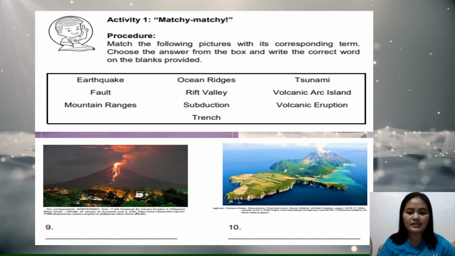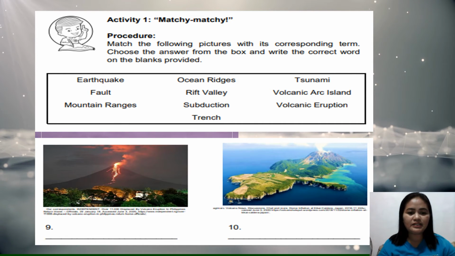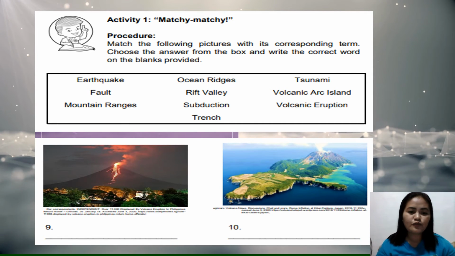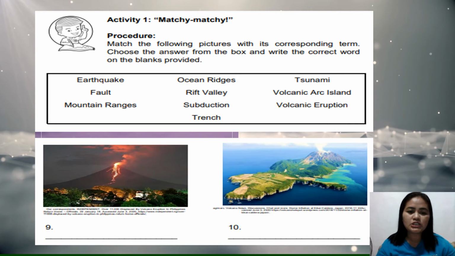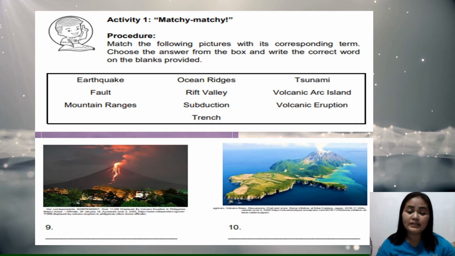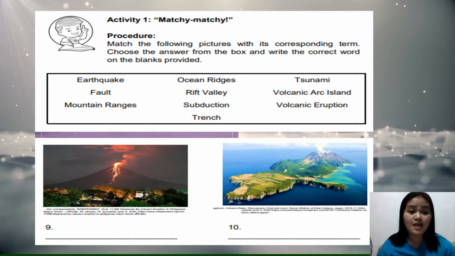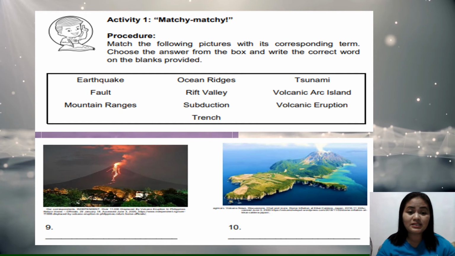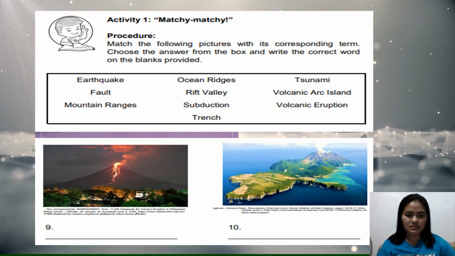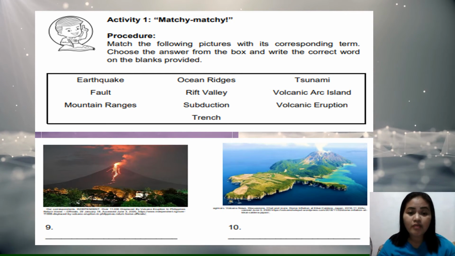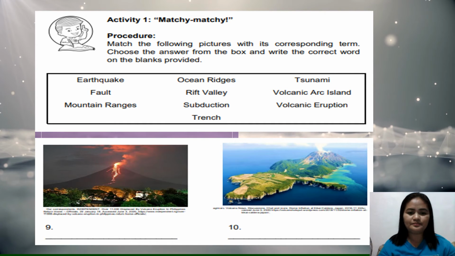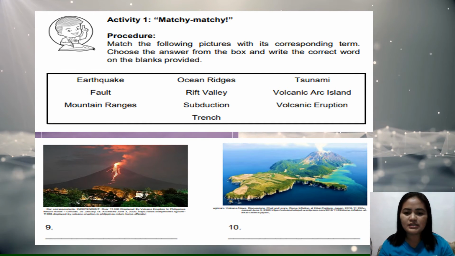Pictures number 9 and 10. In number 9, there is a land formation releasing a fiery material. Magma pag nasa loob, lava pag nakalabas na. So what is this occurrence? Is that a tsunami, an earthquake, a rift valley? Alam mo na yan. Sa number 10 naman,